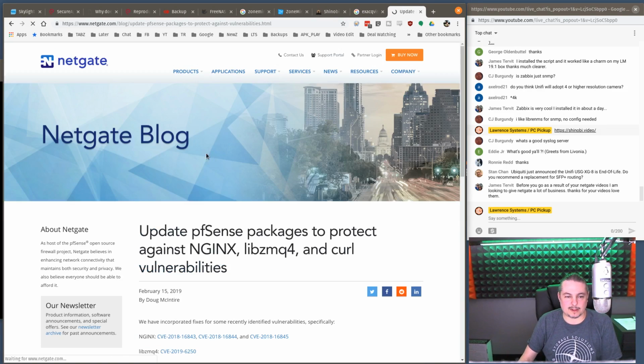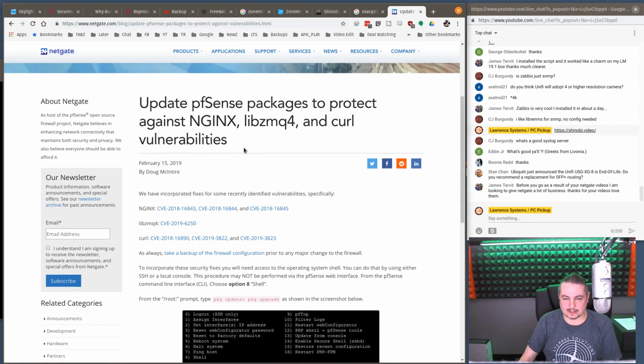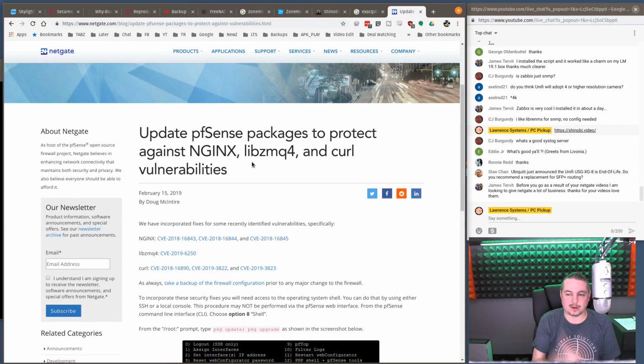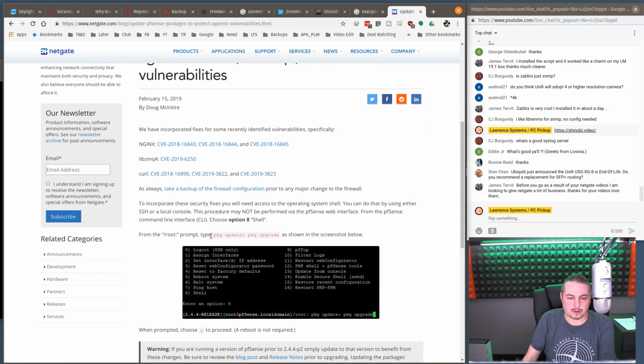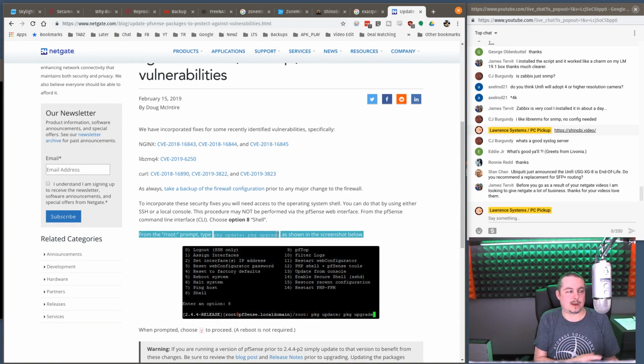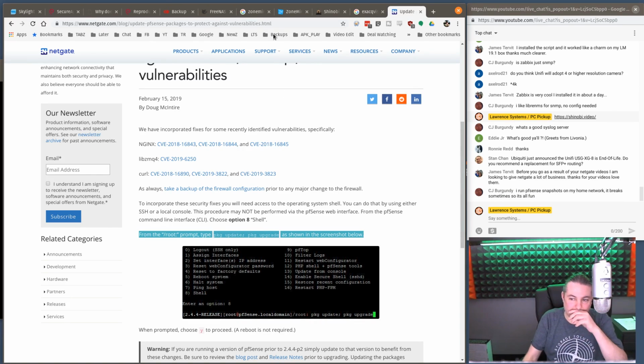And I did a video about this, about when you have to update Nginx and some of the other things, because specifically, as we know, in code we find flaws. They found flaws in Nginx. But this is where, when you have an open source firewall like this, instead of a monolithic firmware that you have to download, you can update the individual packages within it. So yeah,